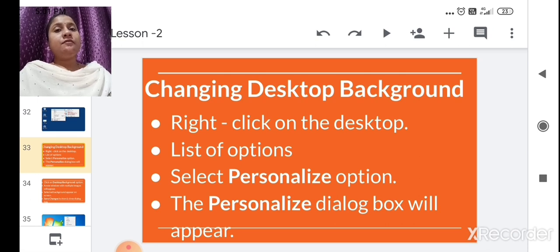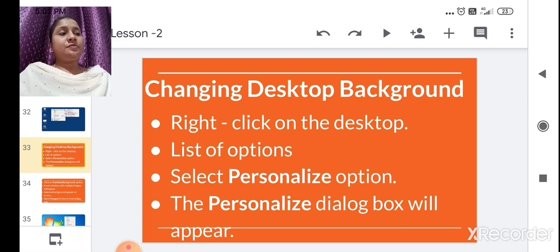In that, View is an option. After clicking on View, a list of options will come again. In that, Auto Arrange Icons is there, so click on it, and your icons get arranged automatically. So till this we have learned in our previous class.